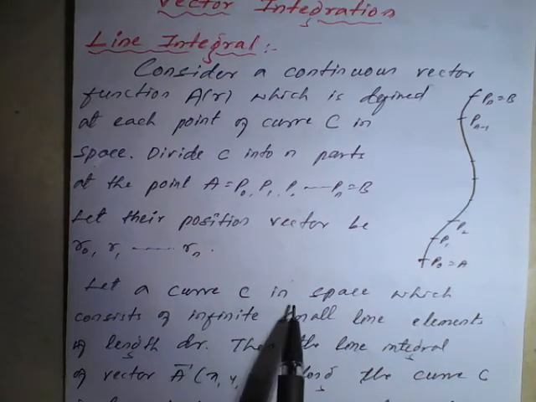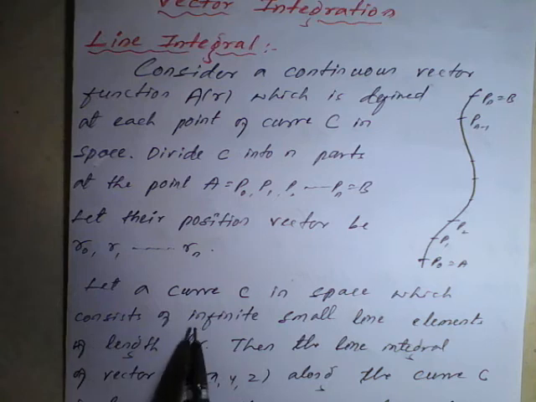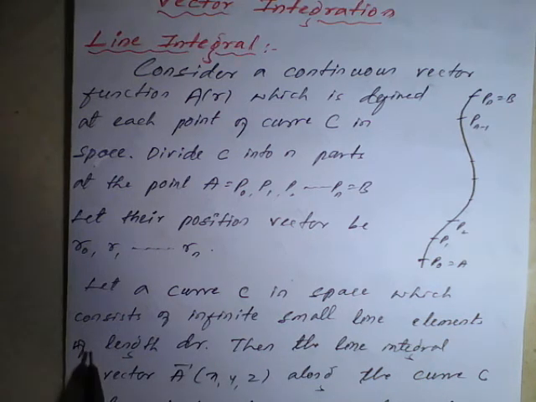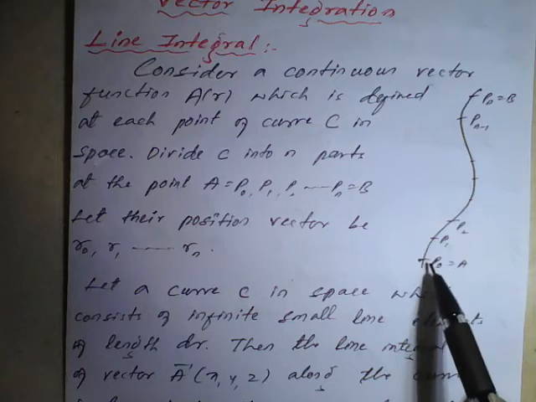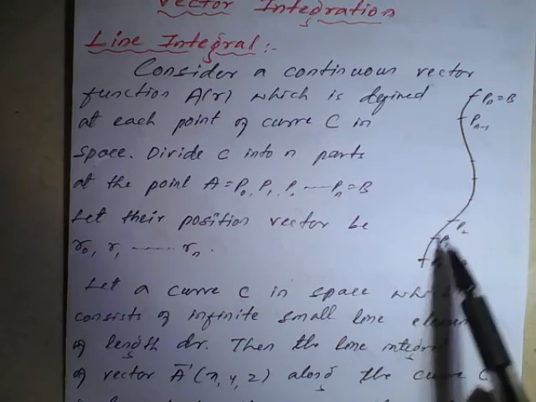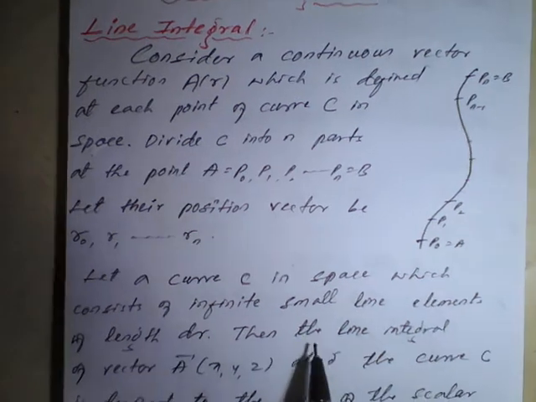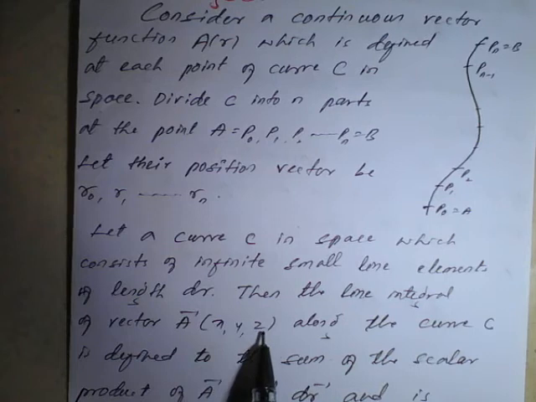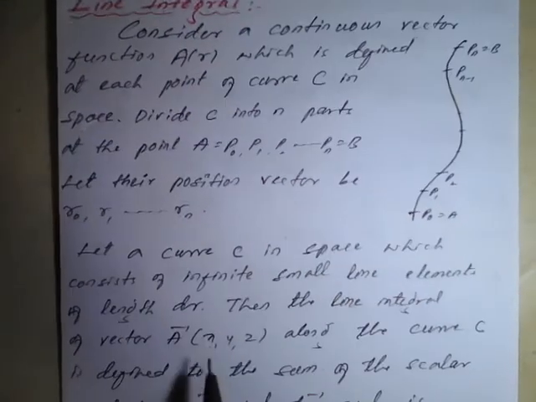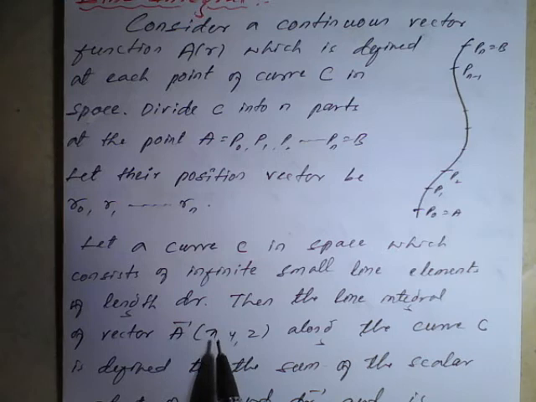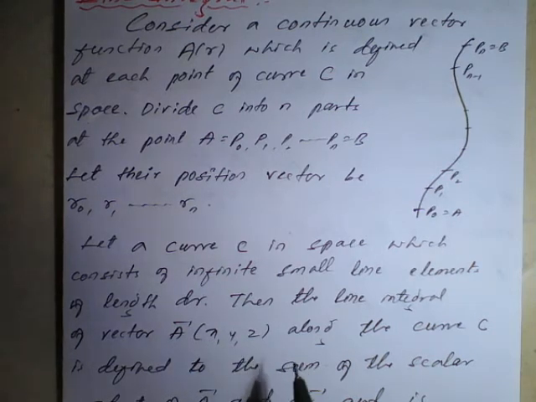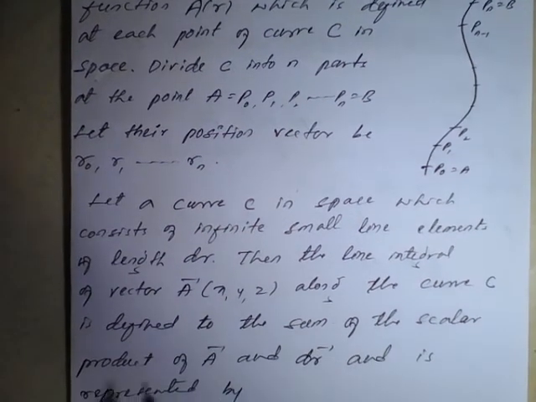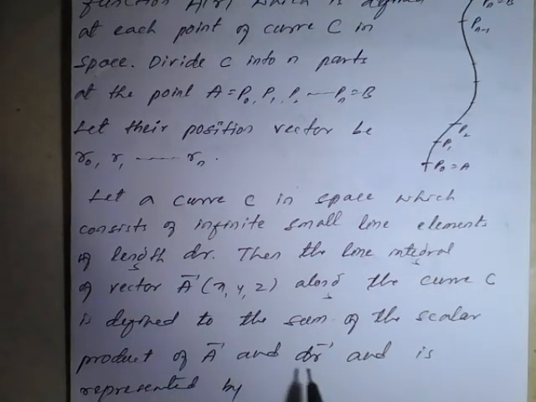Let a curve C in space consist of infinitely small line elements of length dr. Then the line integral of the vector A of x, y, z, because instead of A(r) I have taken x, y, z, because three directions x, y, z, means i, j, k also you can consider, along the curve C is defined as the sum of the scalar product of vector A and vector dr,